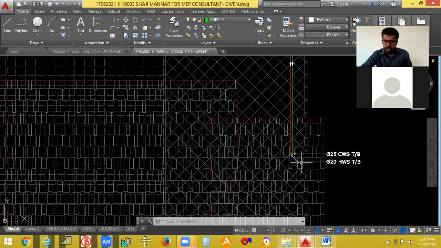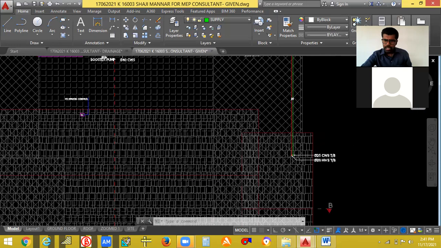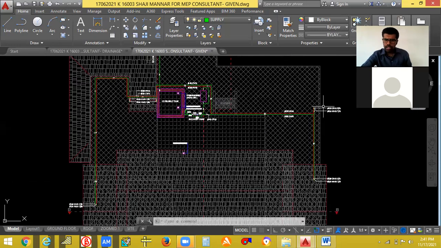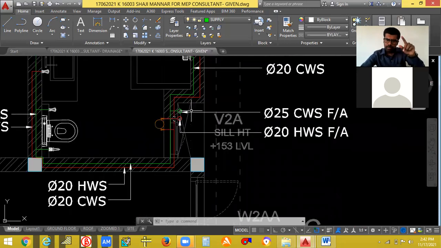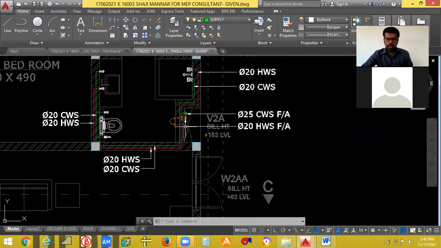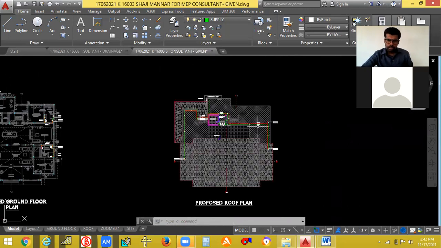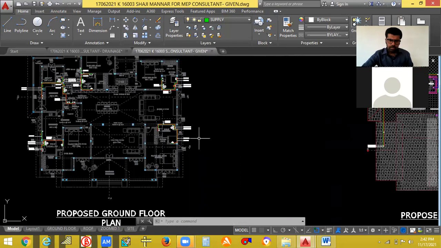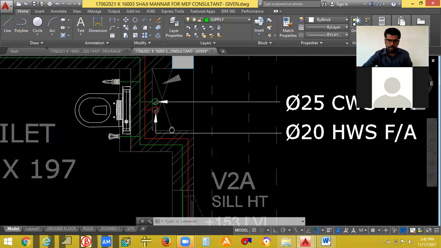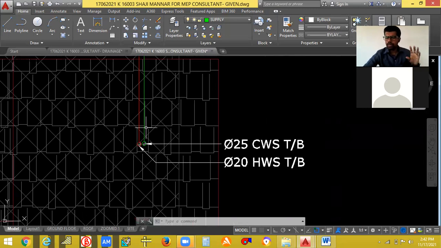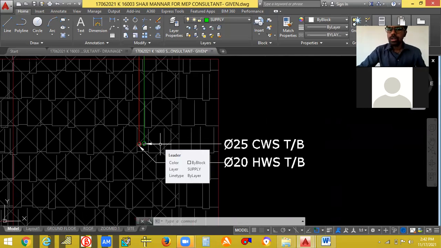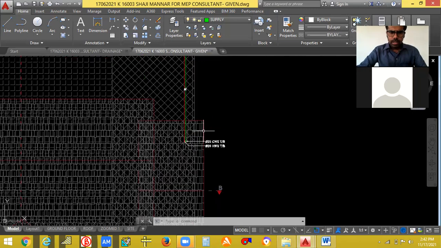So 1 will be here if it is on the top floor. Second, it will be somewhere here, because when we try to match with the ground floor, it is somewhere here. So this should be correct on top of it. This should be aligned, parallel to the top. Correct. So it should be aligned to the top. So it will be somewhere here. And this one, this pipe, it should be somewhere here. Correct. The same way we have to recognize where it will be coming on the top floor or on the terrace. Then we have to route it. Then we have to take it.